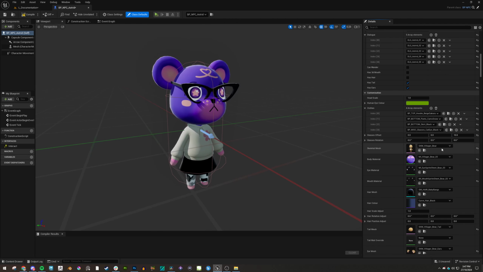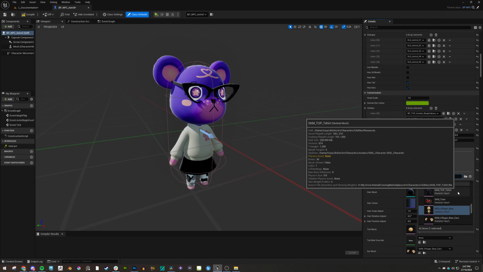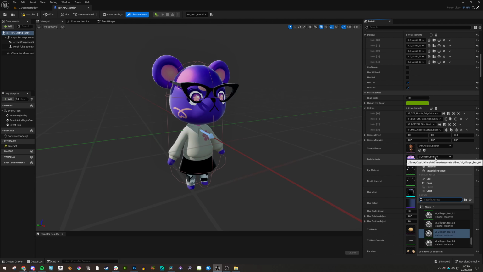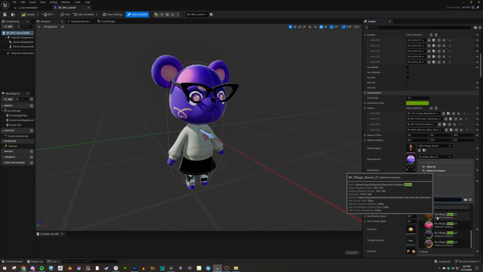Skeletal mesh, this is where we would change our primary character form. So we have here the villager bear, but I could change this to villager beaver. You'll notice a lot of things change. For one, she's using the bear body material right now. So let's override this with one of the beaver ones. So if I write beaver, we can see there are 4. Just to note, there are 4 individual variants of each